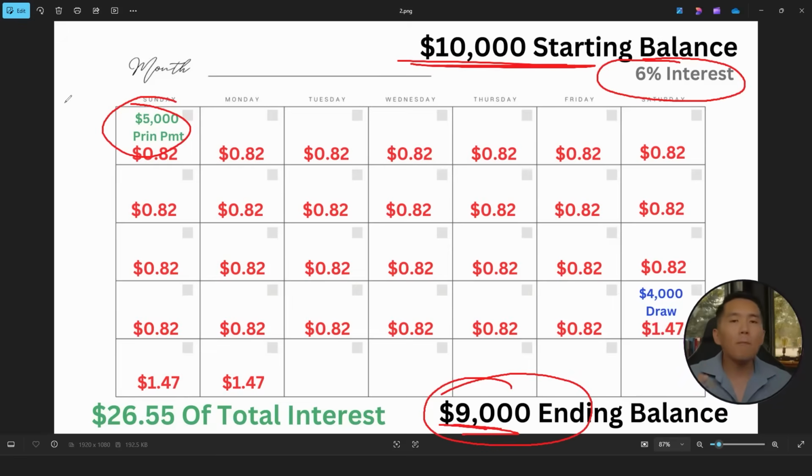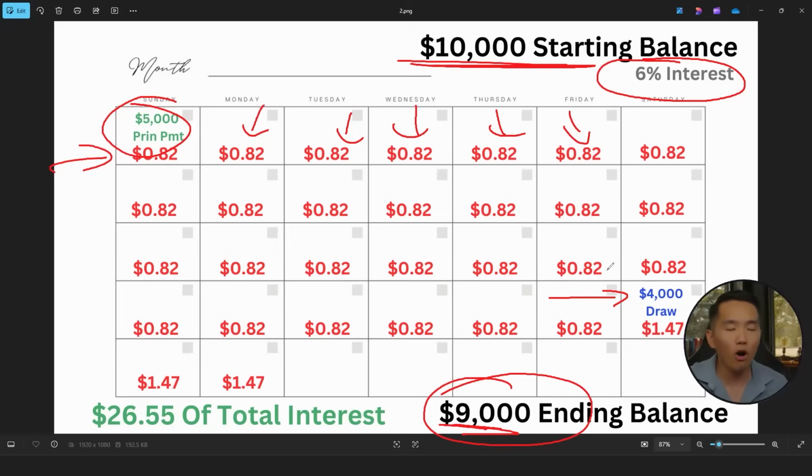And so because the balance of our line of credit is $5,000, right, here and pretty much throughout the rest of the month, the interest being calculated is 82 cents every single day of the month, as long as the balance stays at $5,000 on the line of credit. All the way until, let's say, towards the end of the month, we make a $4,000 draw for our groceries, gas, expenses, bills, you name it. And what that does, it increases the balance of our line of credit back to $9,000,